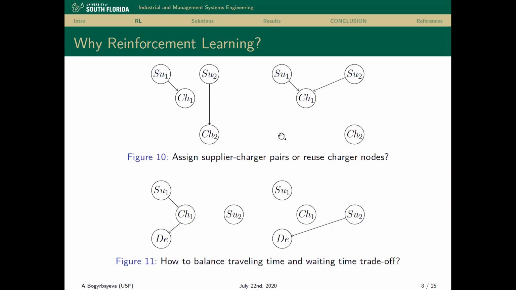For instance, the existing solutions for this problem assume that the supplier nodes are assigned to charging stations, so they completely ignore the possibility of reusing the charging stations. Of course, this results in a huge loss of opportunity in terms of solutions, but at least with this we can exploit it and develop human-driven solutions